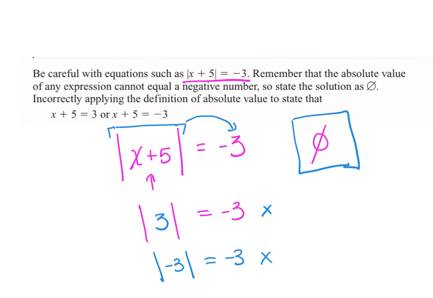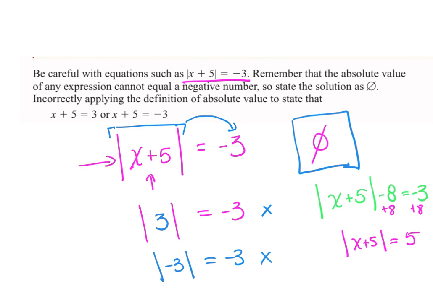And I'll point out, you could see something like this. The absolute value of x plus 5 minus 8 equals negative 3. Well, my absolute value is not by itself yet. So I can't make that judgment call until the absolute value is by itself. Because once I add that 8 over, I would get the absolute value of x plus 5 equals 5. And that could be true, right? I can set that one up. So make that decision once your absolute value is all by itself. When the absolute value is all by itself, it cannot equal a negative number. What's inside can equal,